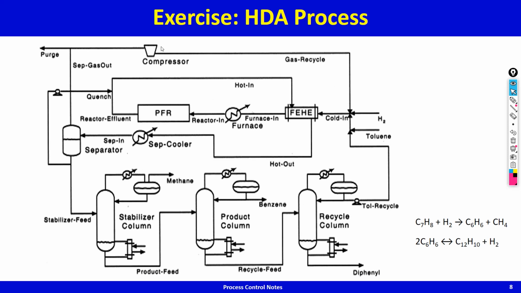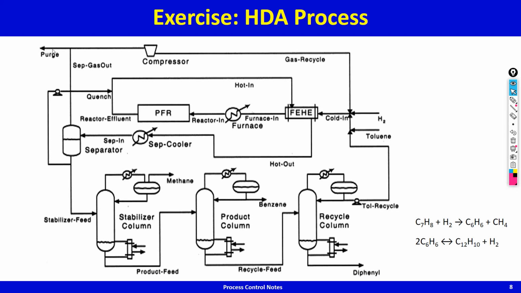The only thing that I want to point out is there is a degree of freedom associated with the compressor, the compressor duty. But you will keep the compressor duty always maxed. Why would you keep it maxed? Because that maximizes the recycle, and maximizing the recycle minimizes the fresh hydrogen that you need to buy in order to maintain a 5:1 or 7:1 ratio of hydrogen to toluene going into the reactor.